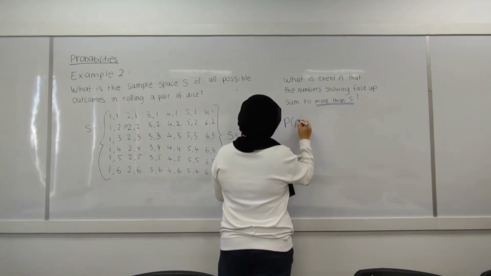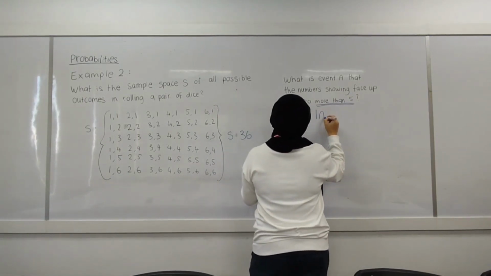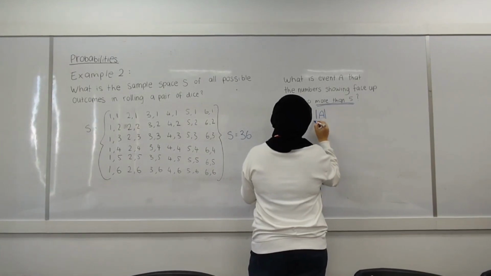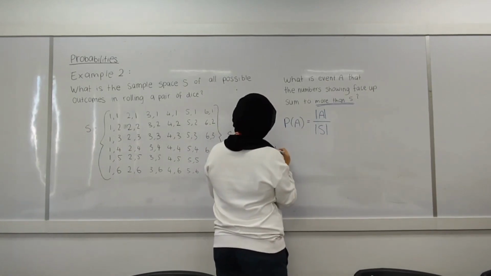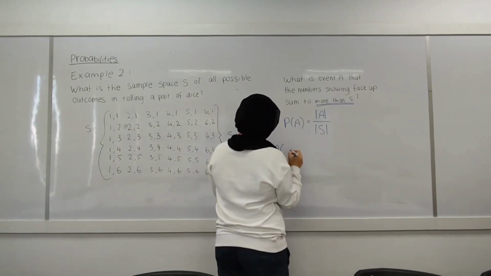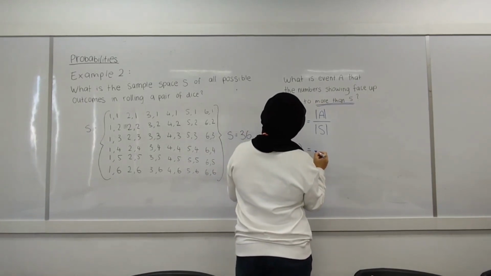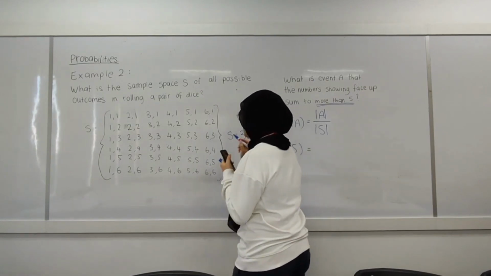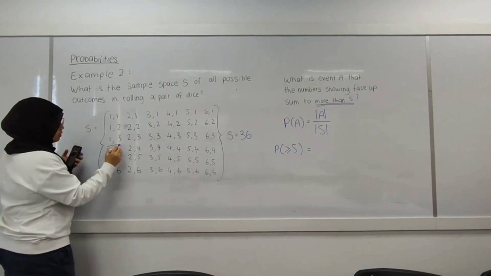The probability of A, the event, equals the size of the event A over the size of the sample space, which means the probability of more than 5 equals, here we can see more than 5, we get here